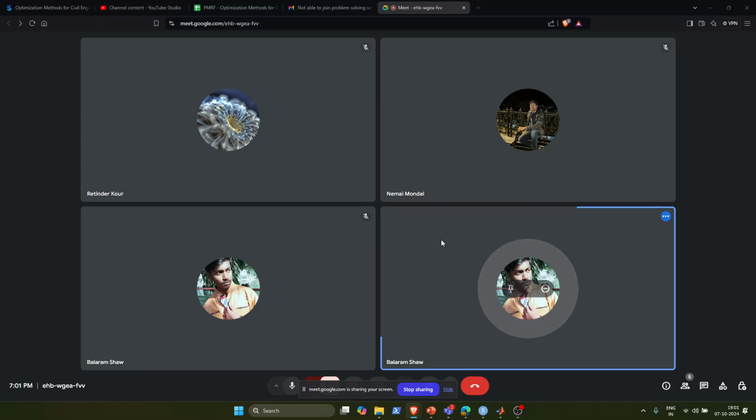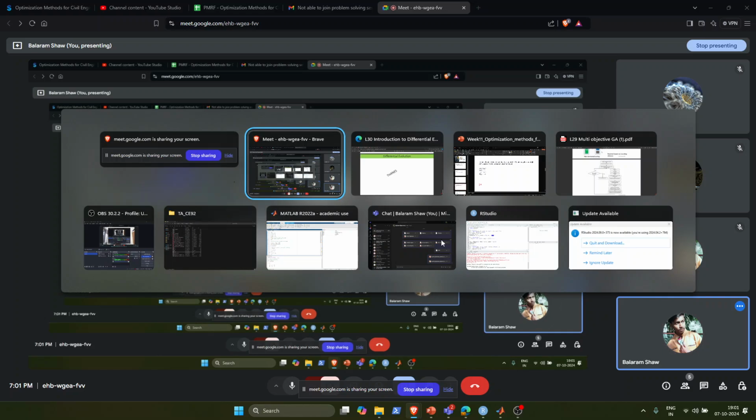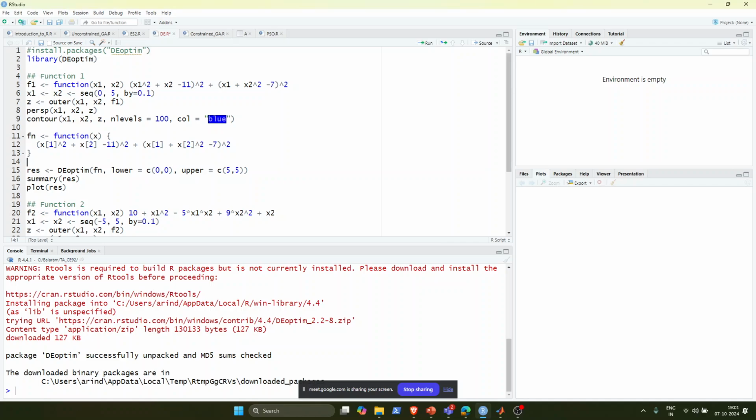I hope till now everything is clear. Anyway, we have seen R for maybe one or two tutorial sessions now, so we'll just rush through it. What we are doing now is solving the optimization problem using the differential evolution algorithm. The library package that we use for solving the differential